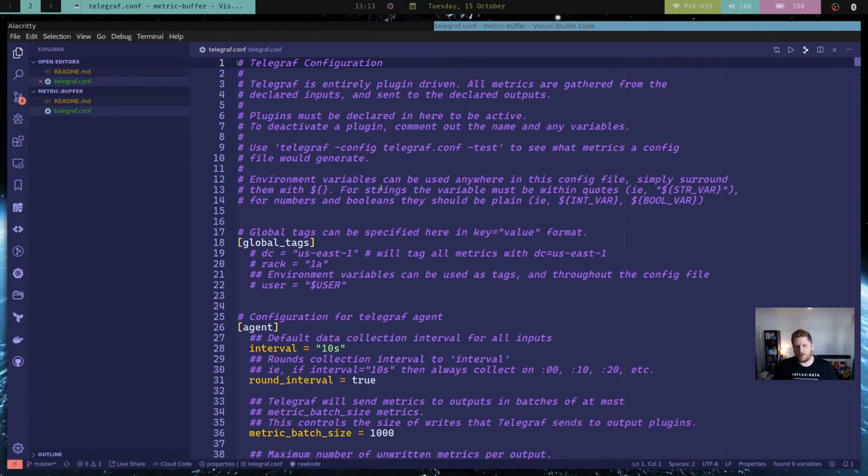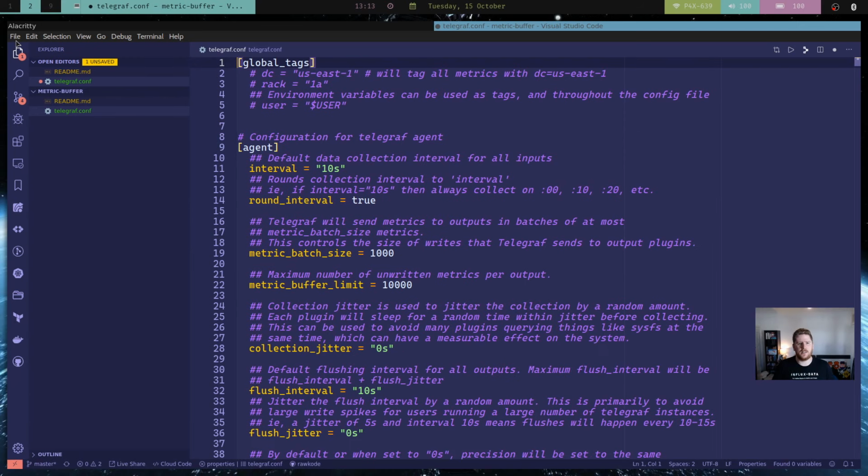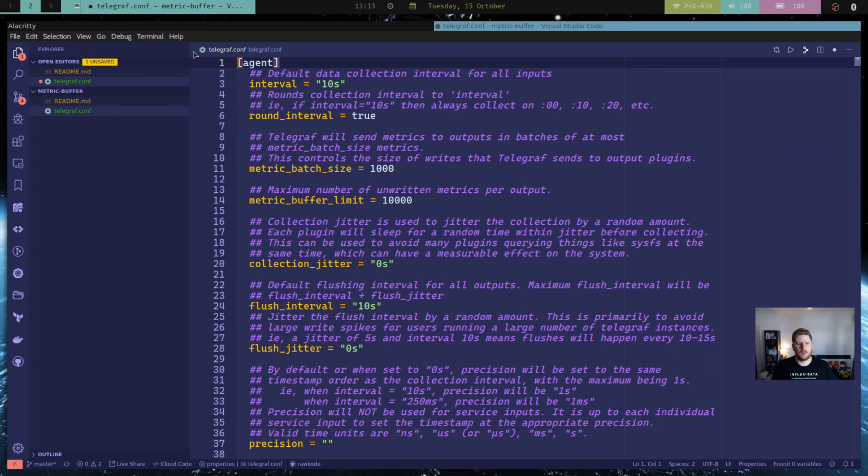Now we're going to strip this right back to the complete bare essentials. So we're not even going to have any global tags. We're going to keep a few of the agent configuration settings. So right now we're going to have a collection interval of 10 seconds. That means for all of the plugins that I have configured, reach out every 10 seconds and grab the new